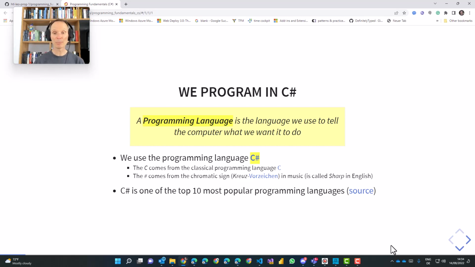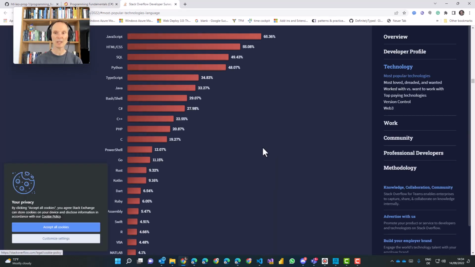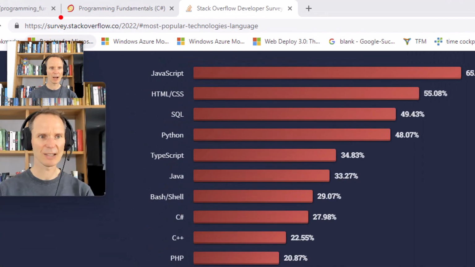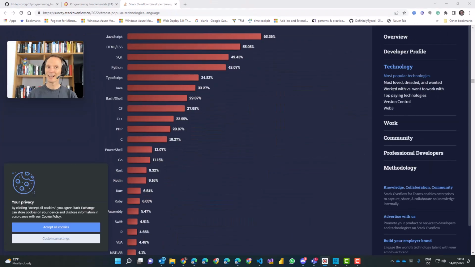There are many other programming languages, and we can follow this link here to see some of them. Here you see the so-called Stack Overflow survey. If you're new to coding, you might ask yourself, hey Rainer, what is this Stack Overflow? You will use Stack Overflow a lot because it's a great database of solutions for certain coding problems. But for now, let me tell you that the Stack Overflow developers make a yearly survey and ask people which programming languages they use, which programming languages they love, and so on.